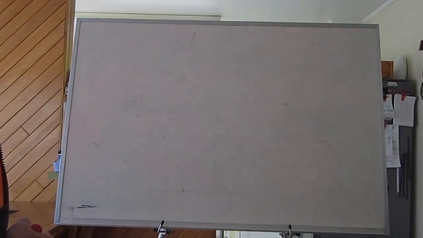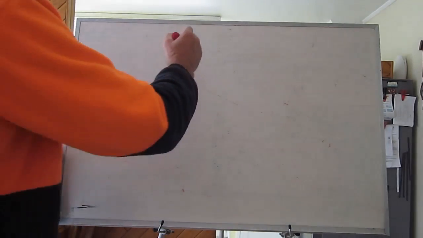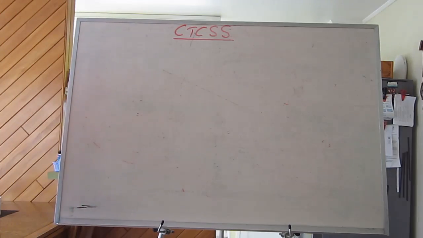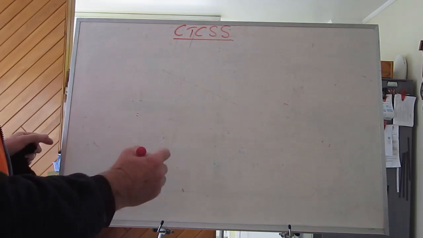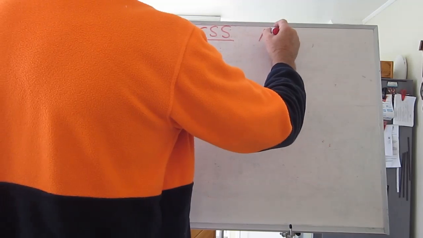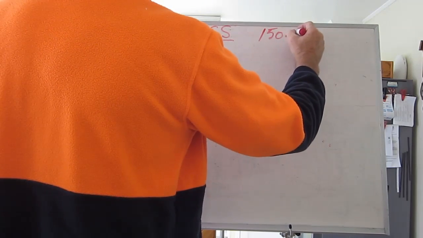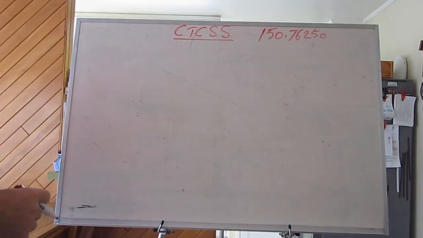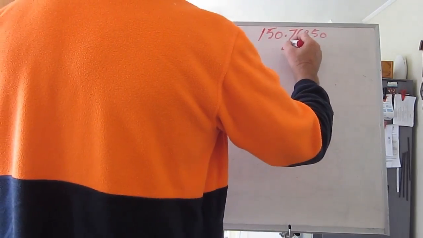Right, what we're going to do now is continue our discussion with CTCSS, and talk about a situation where we have multiple users on the same frequency, and the kind of situation that you can get into. Now, I'm going to use an active example from my district. Those that are in the know know that they use a frequency of 150.76250. That frequency is ENX57,